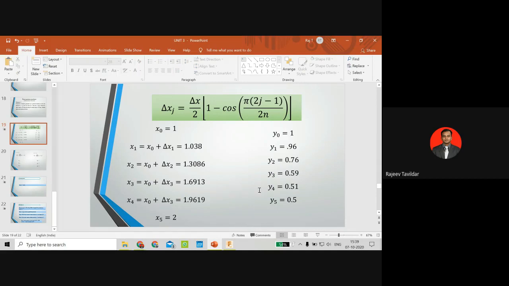And what will be the range of y here? Whether you are supposed to take it as plus 0.5 or minus 0.5? 0.5, sir. It is always the modulus here. We are talking about the range. I have already told you, range is nothing but maximum value minus minimum value. Here 1 is the maximum, so it will be 1 minus 0.5. So the answer is plus 0.5. The range should always be in positive sign.